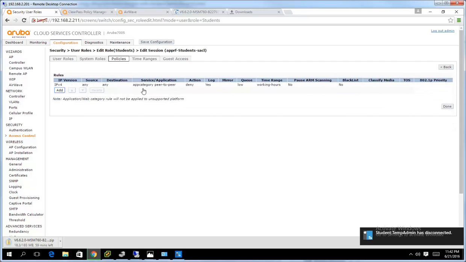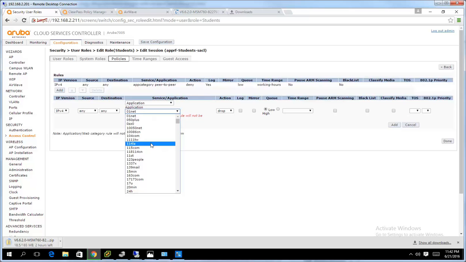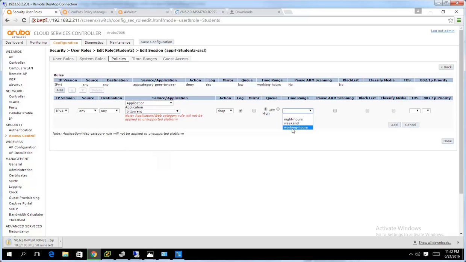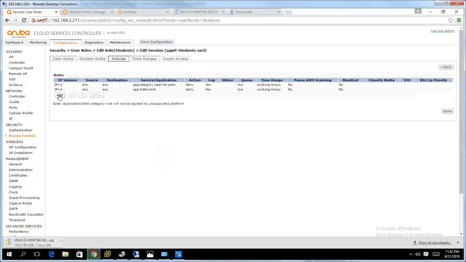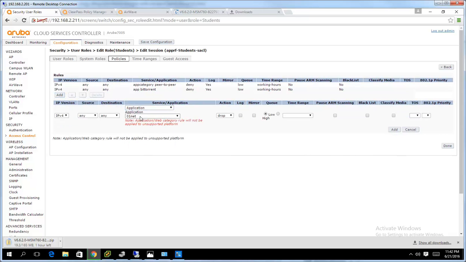Then I give another rule, which again says application. I'm trying to block BitTorrent. So here I go, my BitTorrent application, which I'm trying to block again, and I'm telling the working hours. And there's another policy rule I'll add, which is again an application, and I'll say any BitTorrent application also please